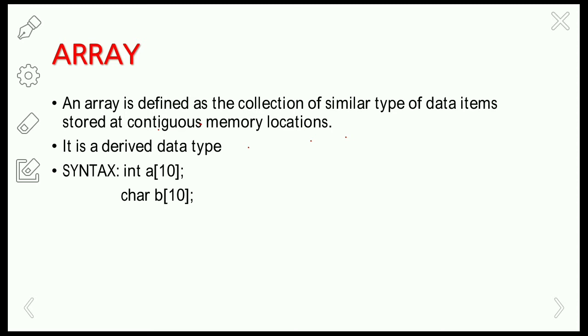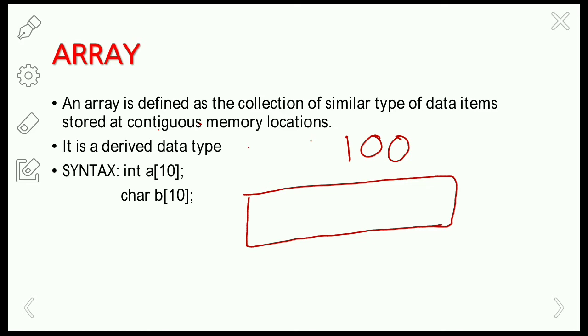So we are going to use the array here to group similar type of data types. Array is also defined as a collection of variables belonging to the same data type and stored under a single name. Suppose I want to store ages of 100 persons, then the age can be stored in integer format only. So using an array, I am going to store ages of 100 persons here, and all the ages must be of the same data type. Okay, so ages of 100 persons will be of the data type integer.